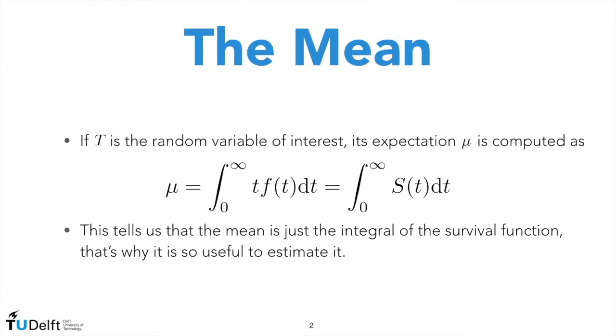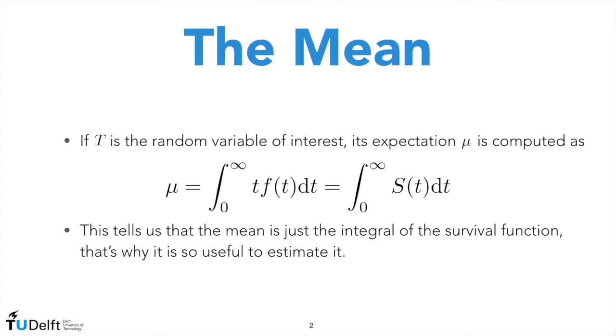However, before entering into the discussion about the likelihood, I would like to tell you something about the mean. Now, consider capital T, which is the random variable representing the random time at which we observe the transition event we are interested in, for example, the default of a company. Now, its expectation, mu, can be computed in the usual way, that is to say, by taking the integral between 0 and plus infinity of t f(t) dt, and this comes from the fact that t, the time, cannot be